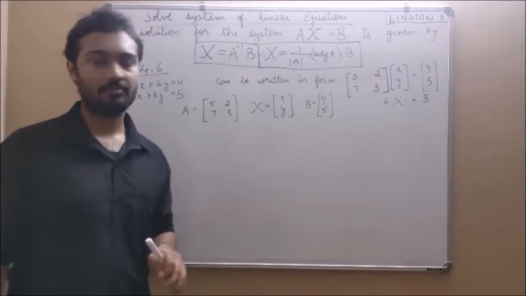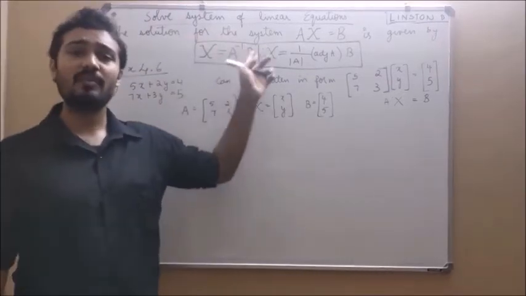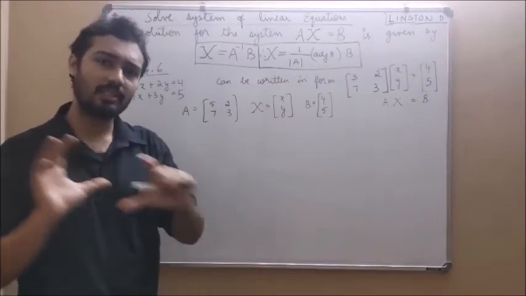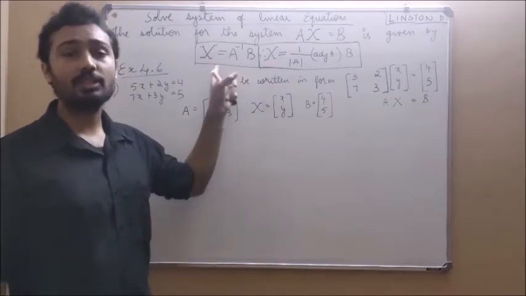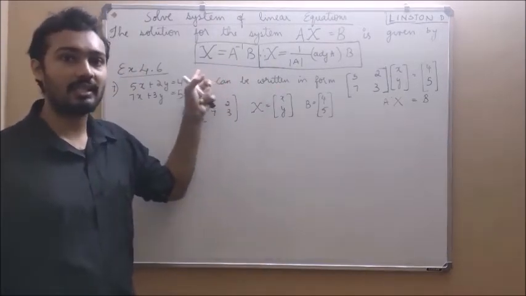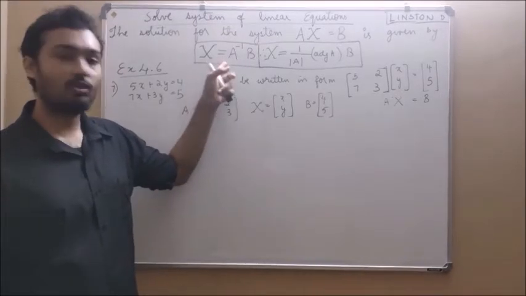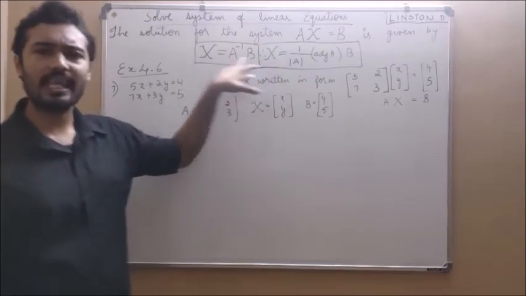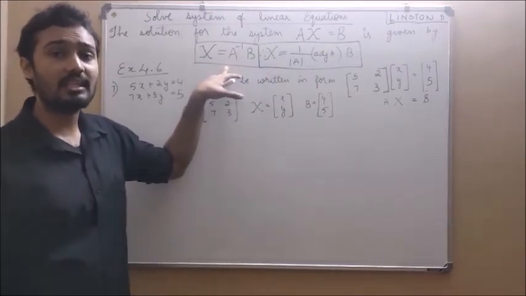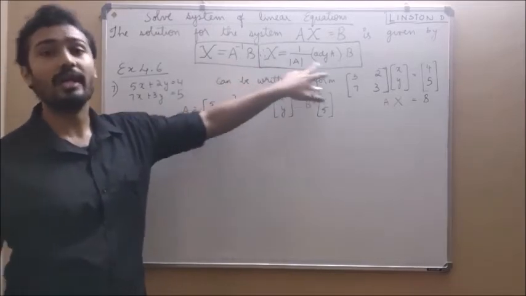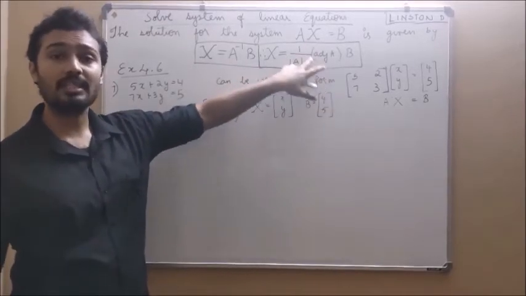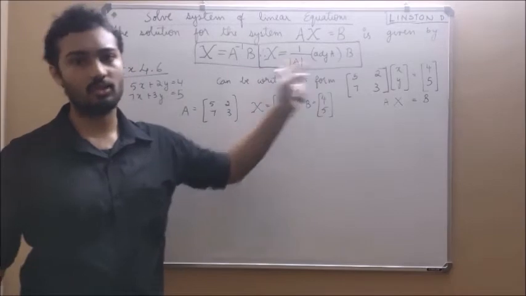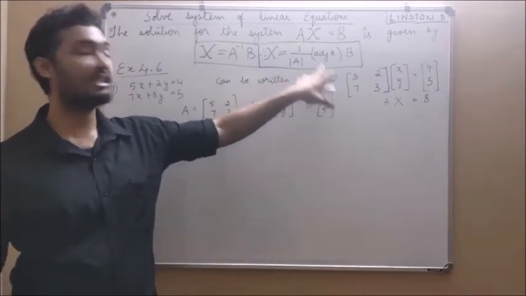So first, what are we doing? If there exists a system of linear equations, you know how we can write the system of equations in the form Ax equal to b. Then the solution is given by X, which equals A inverse into b. What is this A inverse? A inverse, as we have learned earlier, is 1 by determinant of A into adjoint A. So X equals 1 by determinant of A into adjoint A into b. This is the solution. So X gives us the solution using this formula.